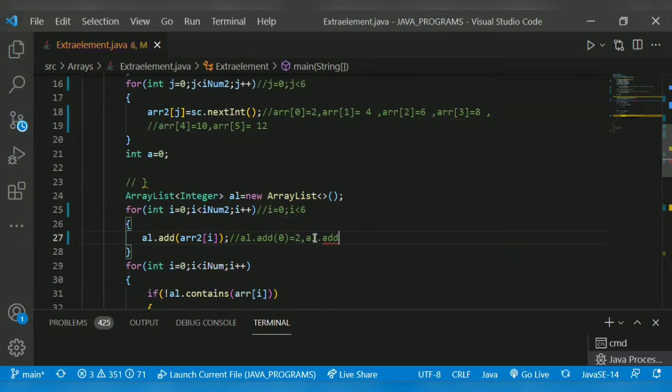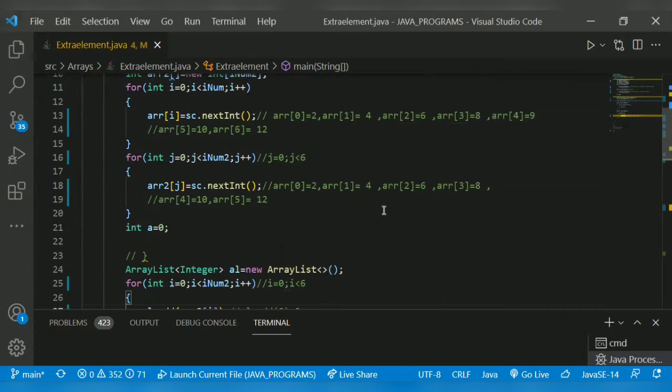The same stuff will repeat here also, so I just copy paste the input.